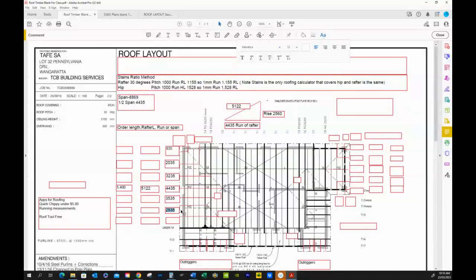2835. Okay, and you could use a scale rule as long as your plan's the correct scale. You'll notice my plan up here is set at 100%, and we could use our measuring tool through there, as long as I had this set correctly, because this is a different plan than last week. And you could actually do some calculations, do what we did last week, where we clicked on the measuring tool, clicked on the parameters, and then a known point, like from outside the wall to outside the wall, was